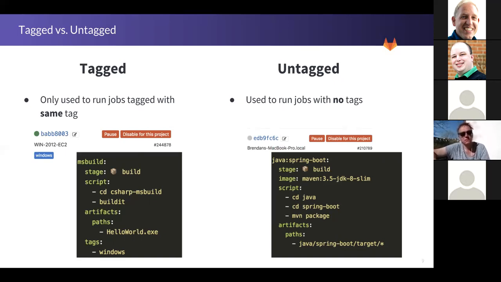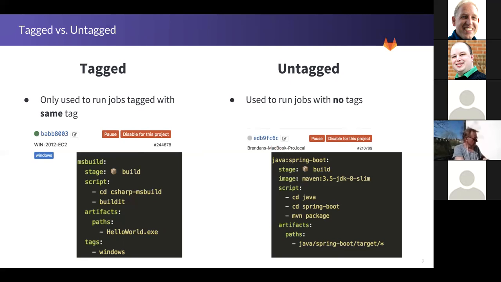Because in order to build this, I need to be on Windows, I've used these tags to make sure that it doesn't try to run that build on some random runner or shared runner that's typically going to be Linux or might have Docker. Whereas on the right, we have a runner that's untagged. And then we have a Java project that has no tags associated with the job, and thus could be run on any untagged runner.